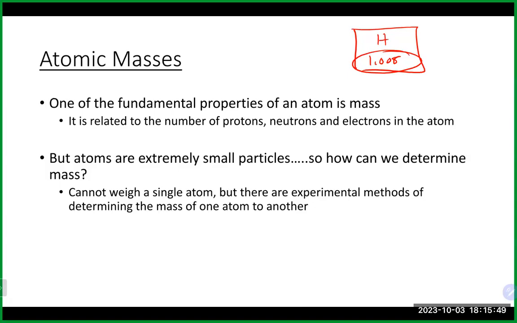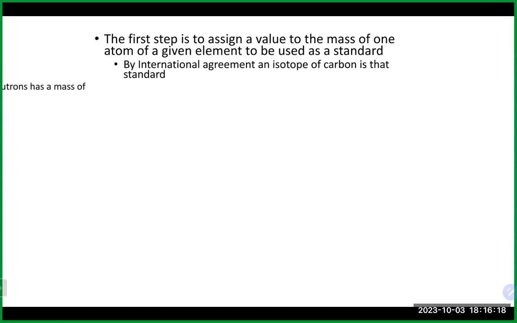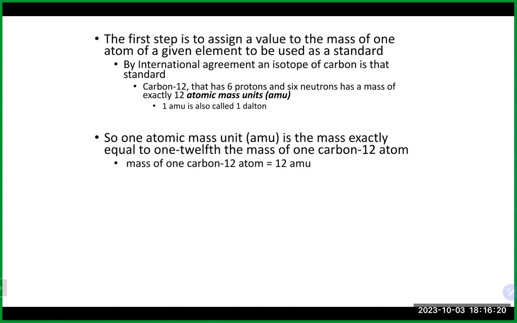One of the fundamental properties of an atom is its mass. It's based on the number of protons, electrons, and neutrons. Obviously, atoms are extremely small, so you can't pick them up and just put them on a balance or anything like that to measure them out or weigh them. So usually in chemistry, when we can't directly measure something, a lot of times we assign something as a standard to compare everybody to. And in terms of atomic masses, they chose an isotope of carbon, which is the carbon-12 isotope, to basically compare everybody to. So the carbon-12 isotope